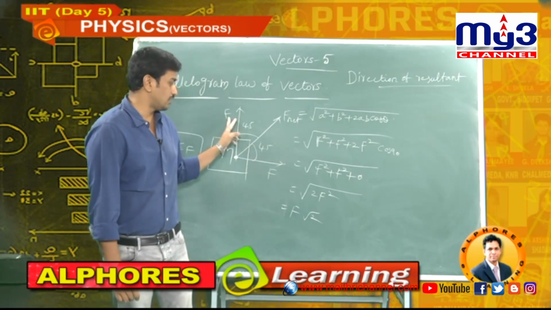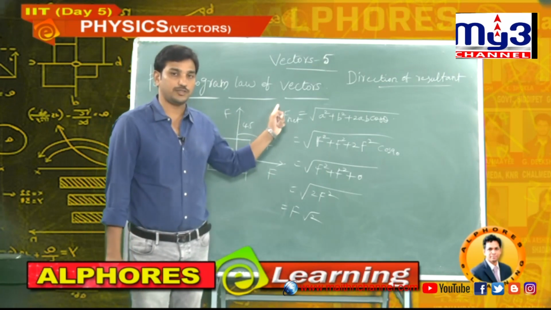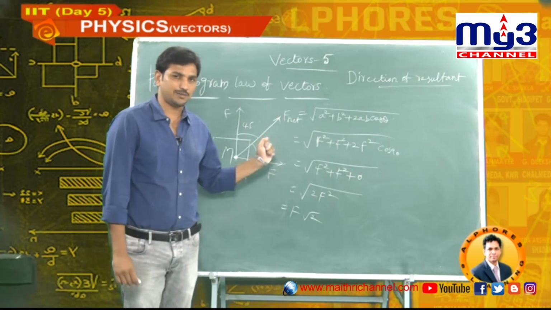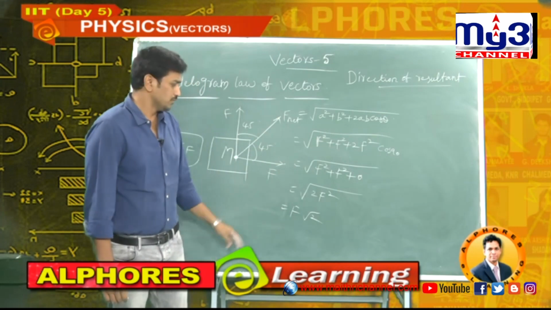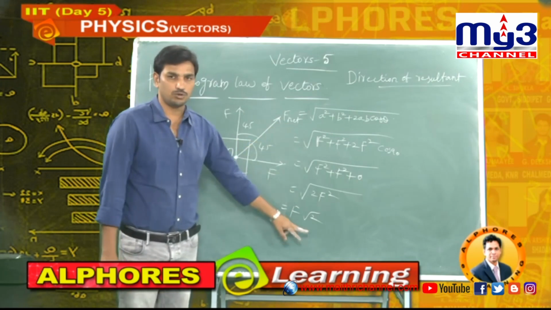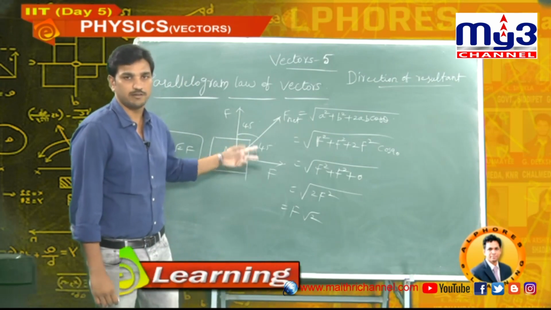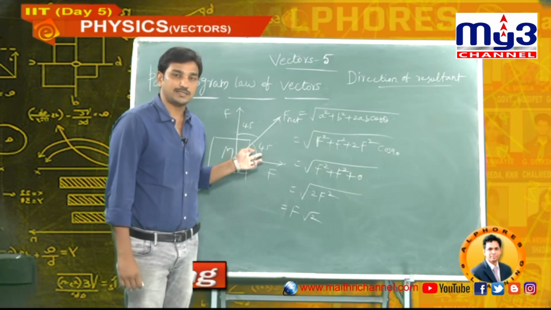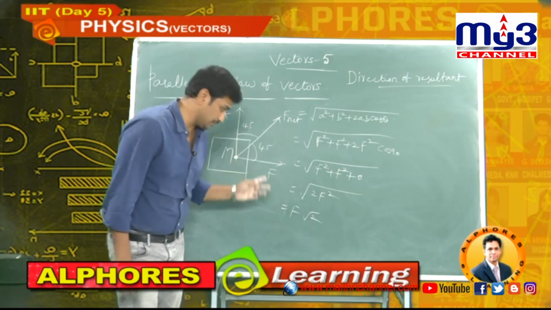Two vectors are like forces having 90 degrees. Now the resultant of these two forces is root 2 F. No need to solve once again. Some of the results we are deriving here are directly applicable in the numericals. So if two equal forces are at 90 degrees, the resultant force is root 2 F and it makes an angle of 45 degrees with each vector. That we already know. Still, if you have doubt, use tan alpha is equal to b sin theta by a plus b cos theta, and again you can verify, you will get the angle 45 degrees.